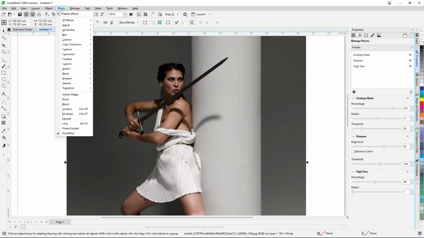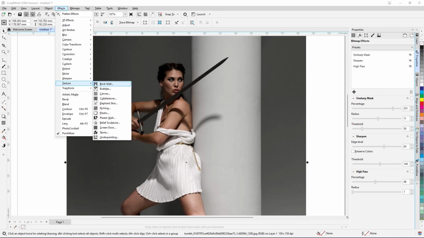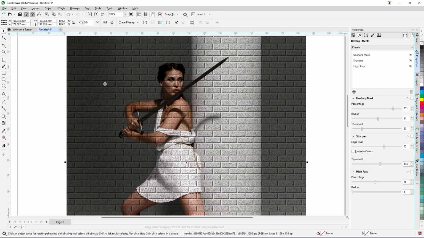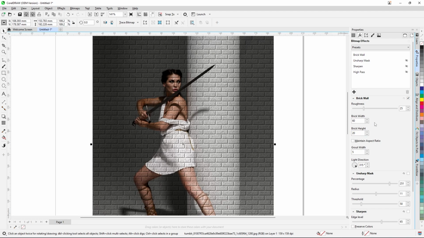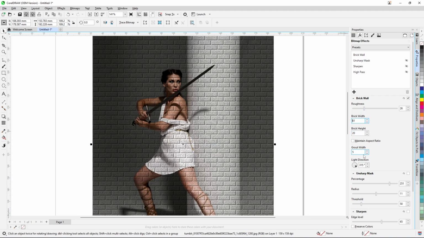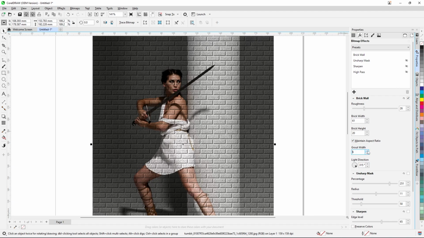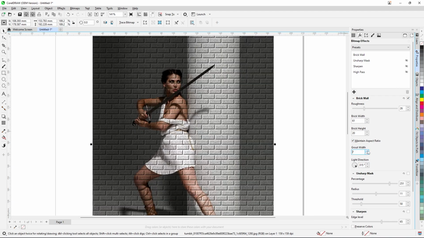and from the effects, now texture, the brick wall, right? So here we have the brick wall. The roughness you can add and increase. The brick width also you can increase and decrease. The brick height also. Maintain aspect ratio so that they match each other. The grout width. So this is the grout width. Okay, and the direction. You can change this, the direction, right? So uncheck this one,